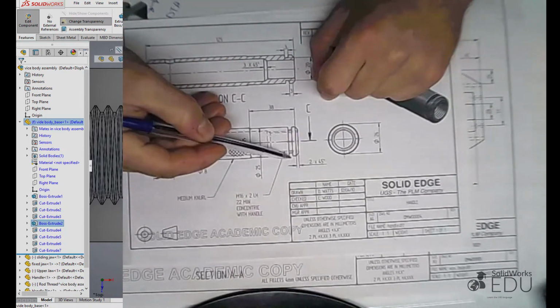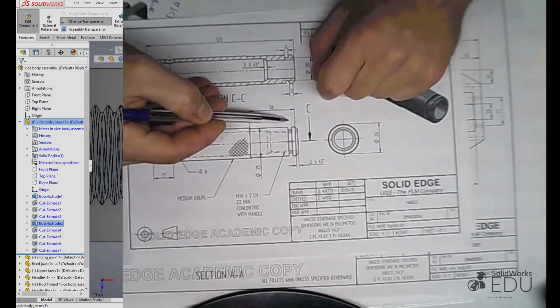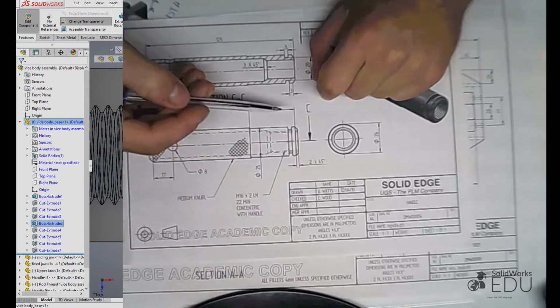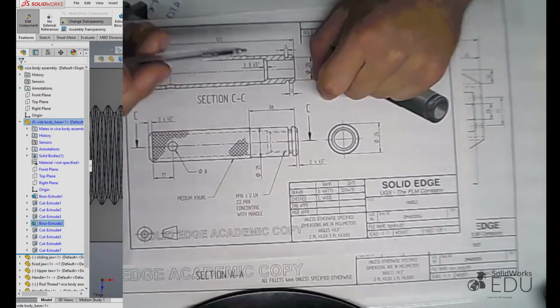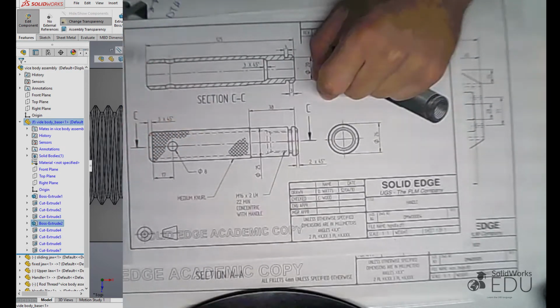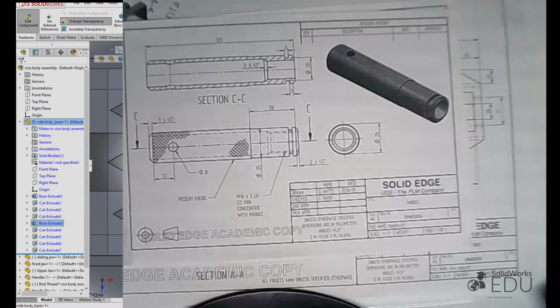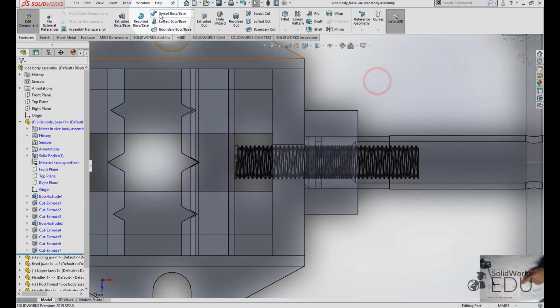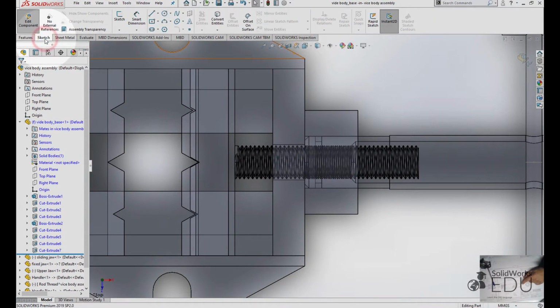And half of 3 millimeters, 1.5, we have 6.5 millimeters. So right now I have to select the sketch, go to sketch, select the arrow here on the